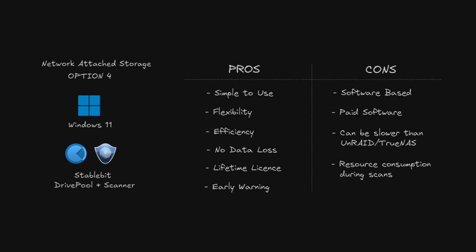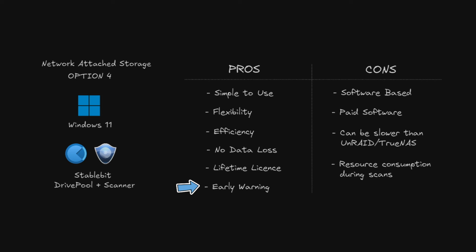So then I stumbled on option 4, which is StableBit Drive Pool and Scanner. This software made by StableBit is simple to use, it's flexible, it's efficient, it's relatively easy to set up a virtual drive, there's no data loss, the license is a one-time fee, it provides enough features to move my data off a drive if it looks like it's about to fail, and I can also duplicate my data across multiple drives, which means I don't have to micromanage my data,